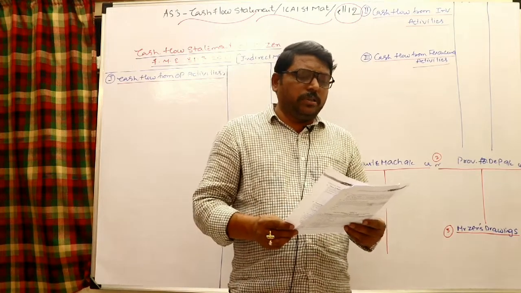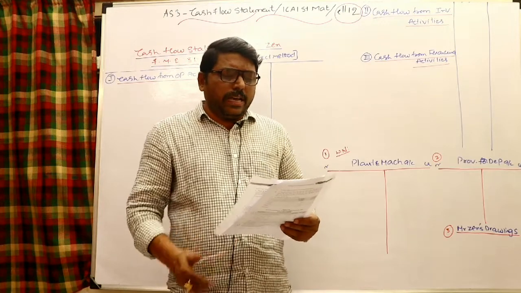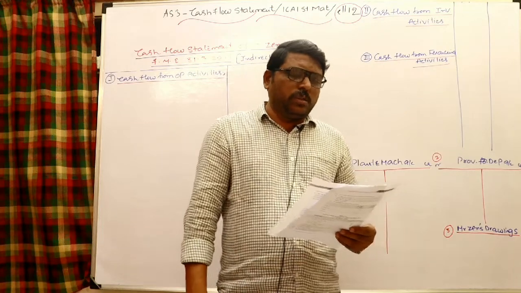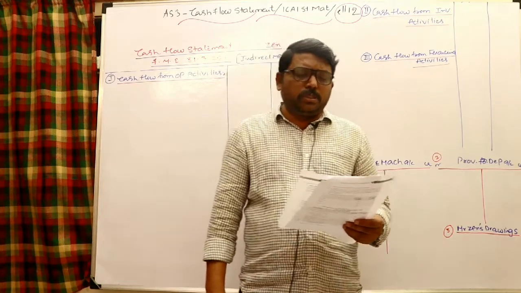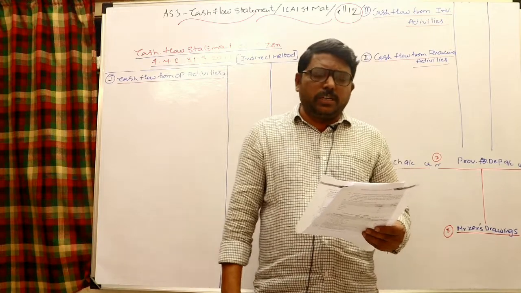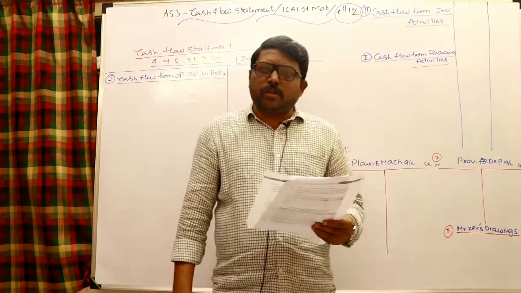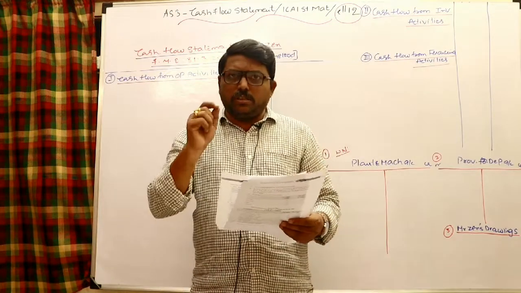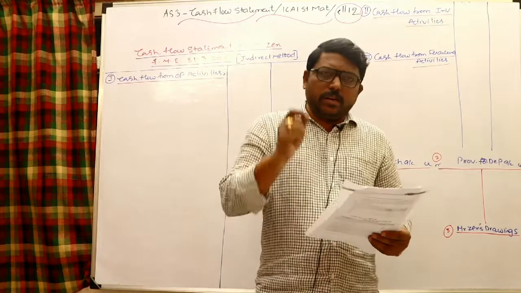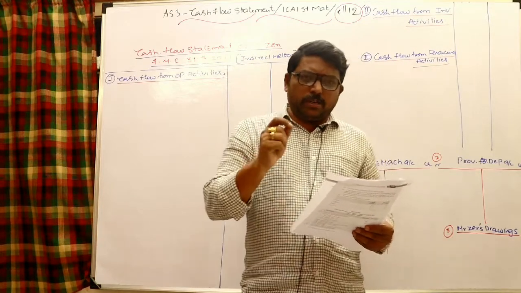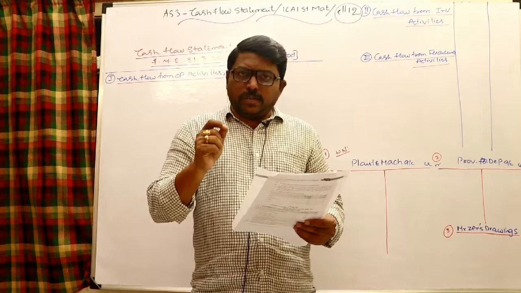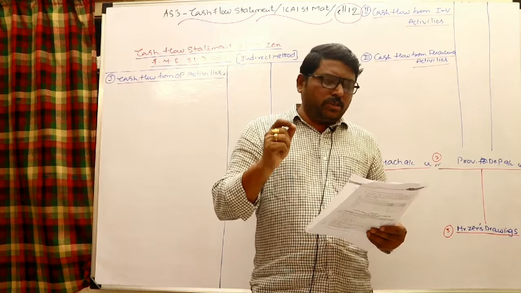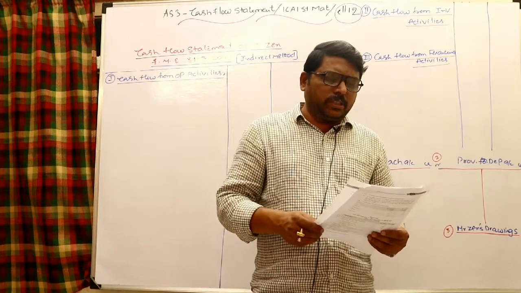Come back to the last one, a machinery 80,000, accumulated depreciation 24,000, was sold for 40,000. 80,000 asset with accumulated depreciation 24,000 means its written down value is 56,000. 56,000 asset sold at 40,000 rupees, which is a 16,000 loss. I repeat once again, 80,000 machine cost and accumulated depreciation 24,000, its written down value 56,000, sold at 40,000, 16,000 is a loss on sale of asset.